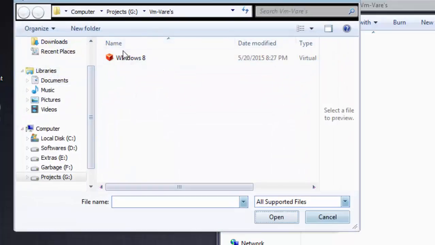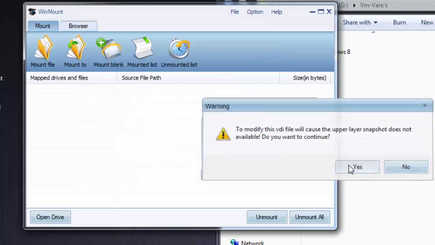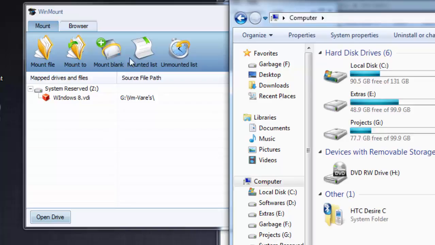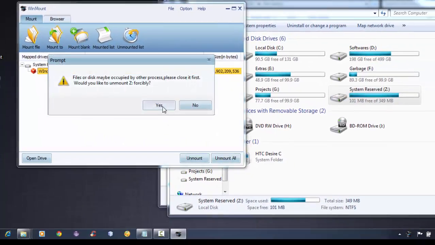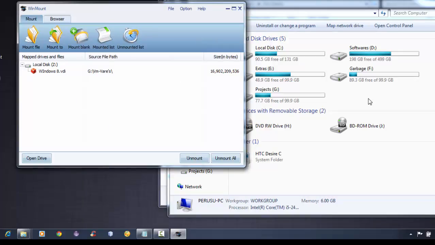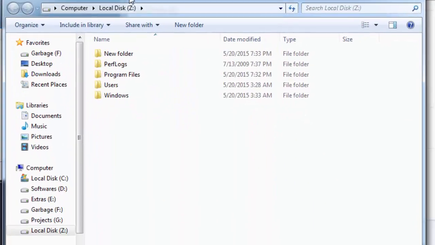Click mount file, select this one, and then select. Yes.